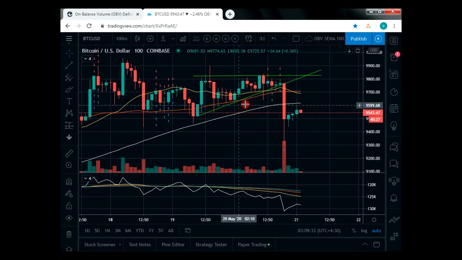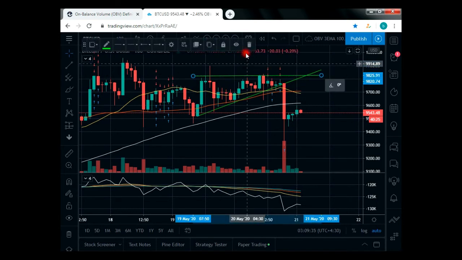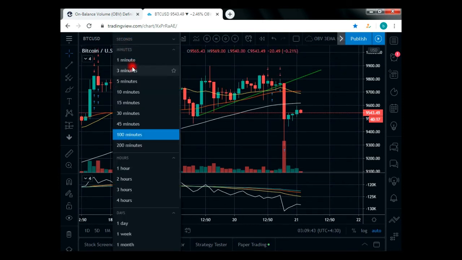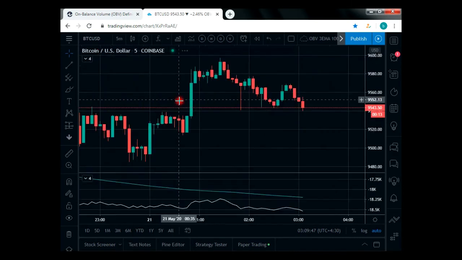Okay, as I mentioned earlier on this candle, and I want to be specific, if I come to the 5-minute chart,